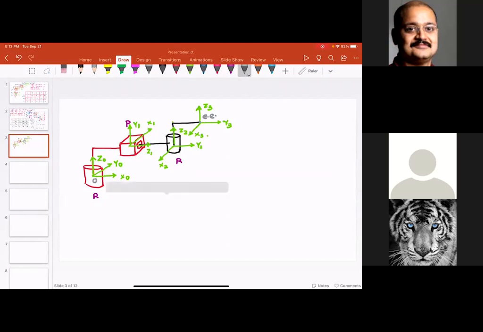This is the 0th frame. This is the first frame. This is the second frame. Okay, so in this case, please observe that the 4 rules for our coordinate frame are not satisfied. I want you to tell me where the rule is not satisfied. Can you see? Number 1. Yes, X1 is not satisfying the rule.